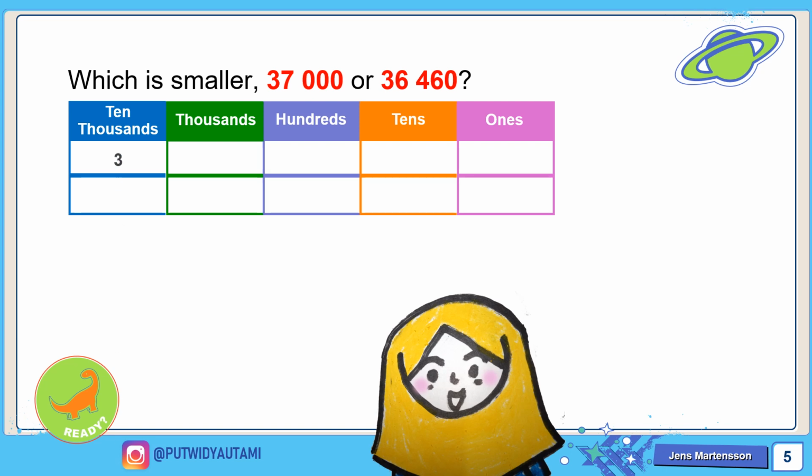Yeah, it's 3. What about thousands? It's 7. And hundreds? 0. What about tens? 0 too. What about ones? Also 0. Now, let's write the